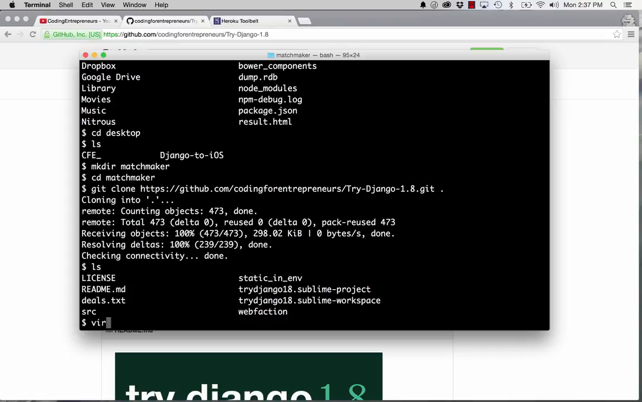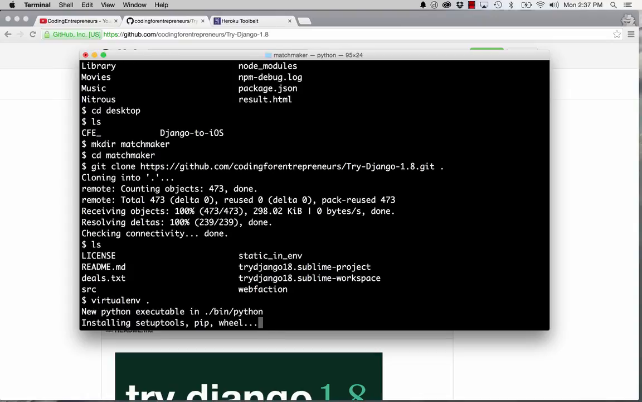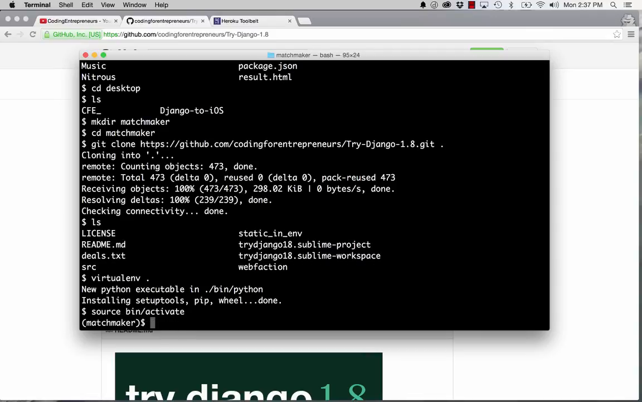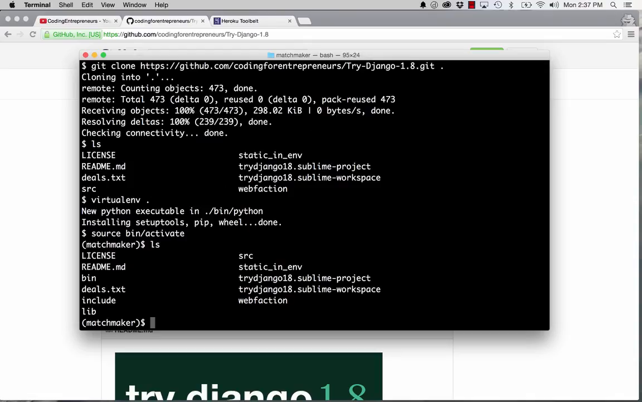So since we have this, we also want to do virtualenv, and I'll just do period. So this is creating that virtual environment for us within this same folder. So if I do source bin/activate, and then of course if you're on Windows, it's Scripts/activate. All right, so now that we have our virtual environment activated, we can list everything out and change into source,